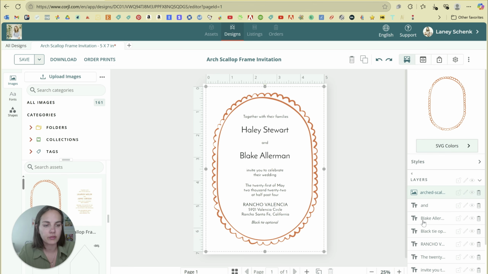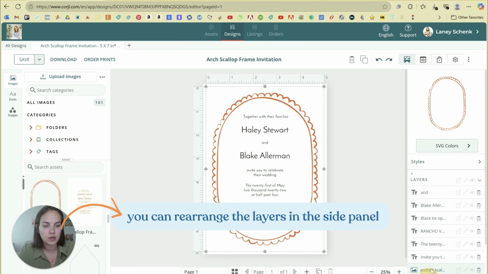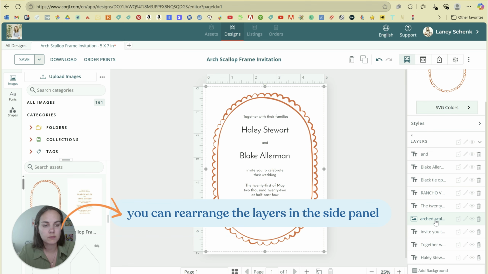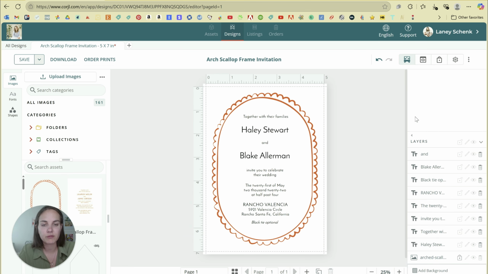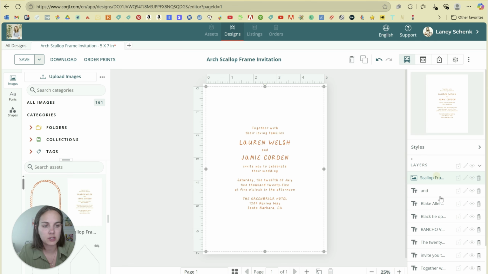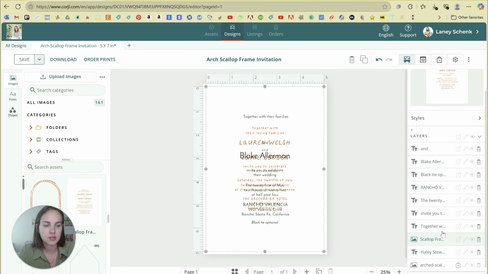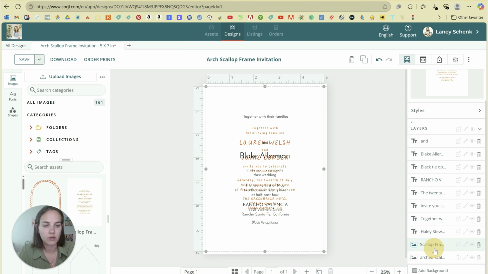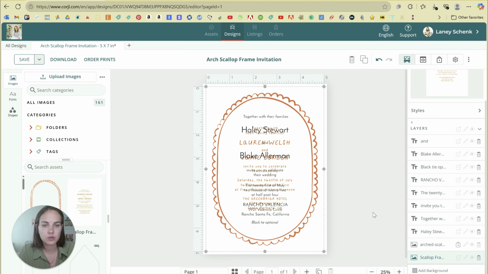Now the layers are all over here, and you can rearrange them. So I will put this frame in the back, and I'm going to lock it for now. I'll unlock it when I release this to clients because I want them to be able to change the color if they're interested. Do the same thing with my JPEG text and move it all the way to the back,